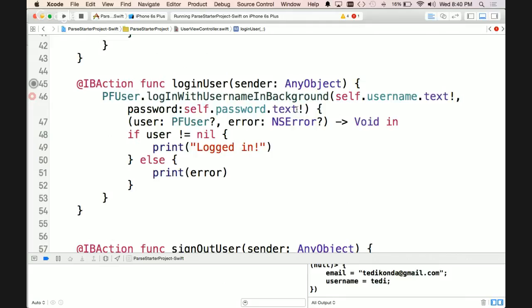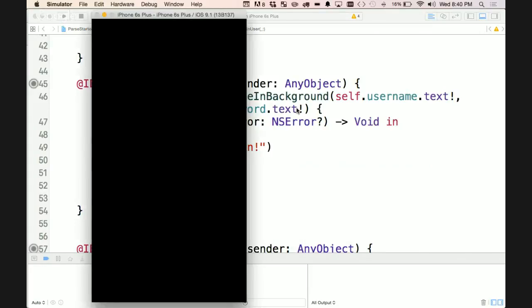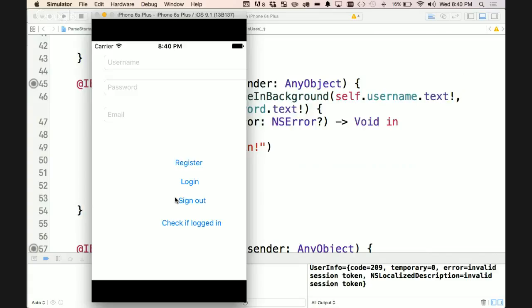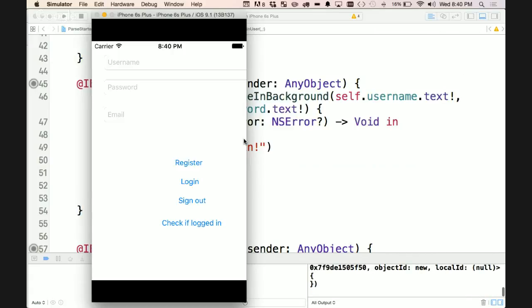All right, so let's test this baby out. Remember, we're logged in, so you have to first sign out. So I'll do a sign out. Check if logged in. We're not logged in, right? Our user option is empty. So let's log in. My username was Teddy. My password was hello world. Log in. Logged in, right? Check if user's logged in. We're logged in. So if I sign out and enter an incorrect password and do login,